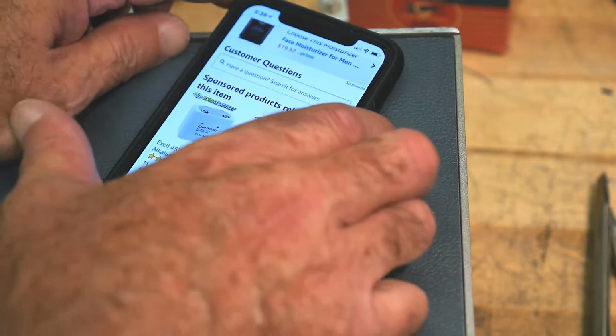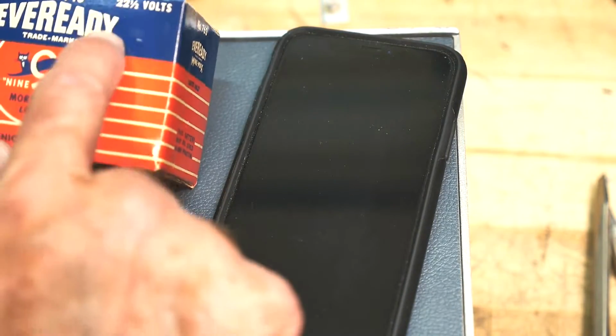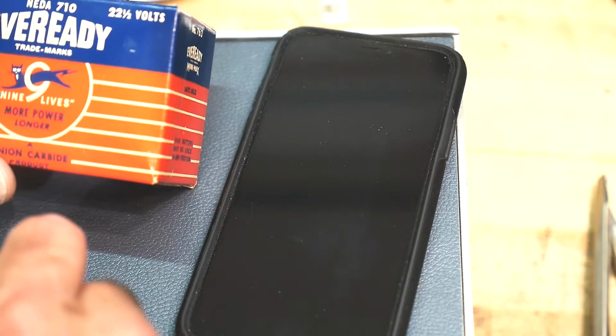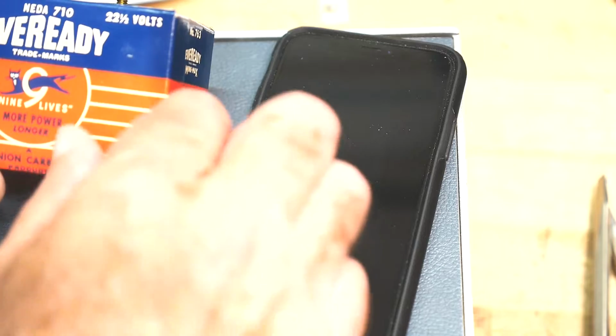Oh well. I'm sure there's a way to rebuild this back with something different. I'll have to figure out, see, 9 volts, 9 into 22, 1, 2, 3, 4, no, 3, yeah. Anyway,